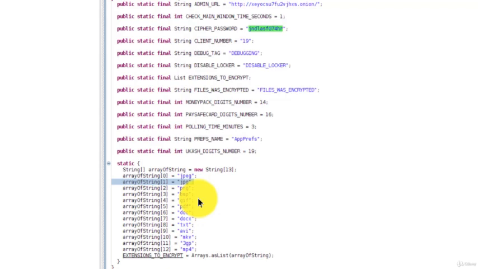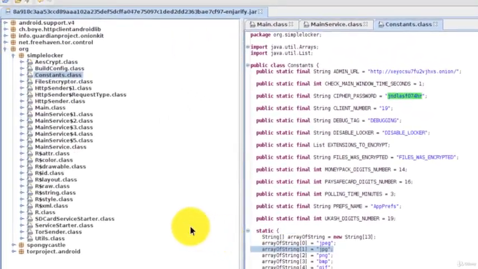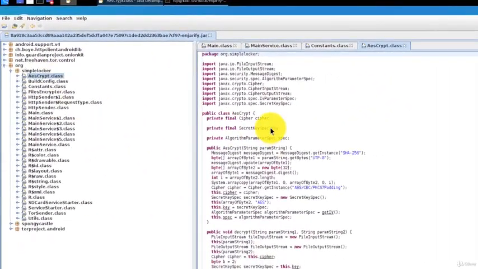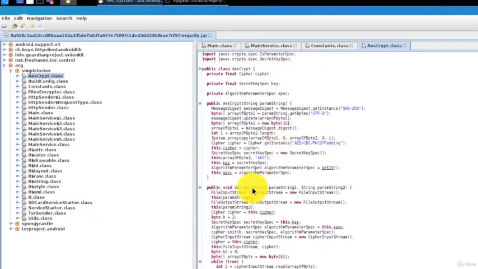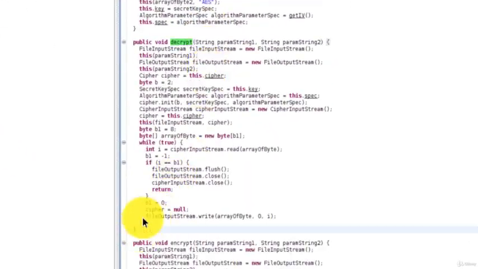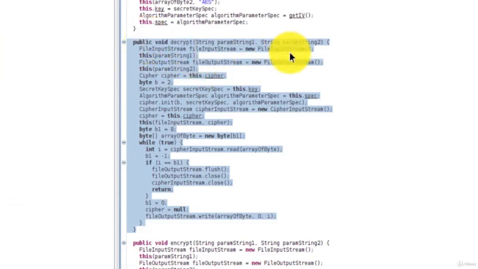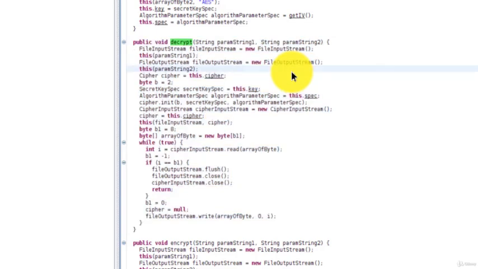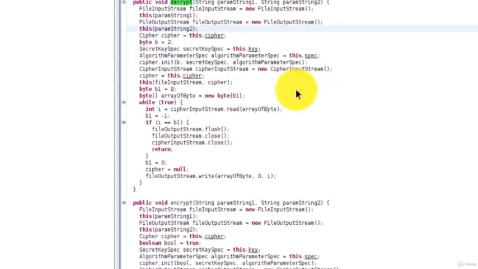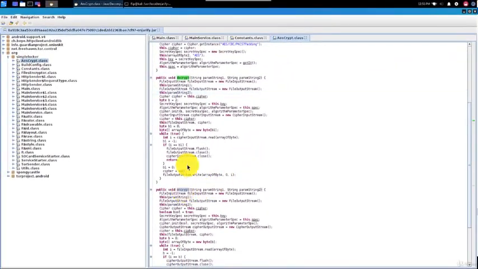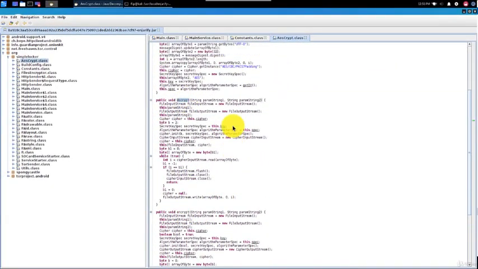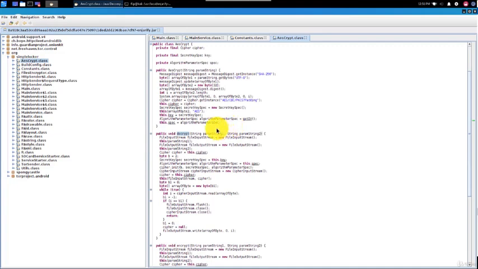Okay, let's see. Over here, there's a file called AEScrypt. Here we can see that they have a function called decrypt. And there we go. We don't even have to do the work. We don't even have to try to understand what the encryption part is doing and try to reverse it, because they are actually kind enough to offer us the decrypt function, which in the next step, we'll try to copy and paste this code into Android Studio and see if we can produce our own decryption tool.